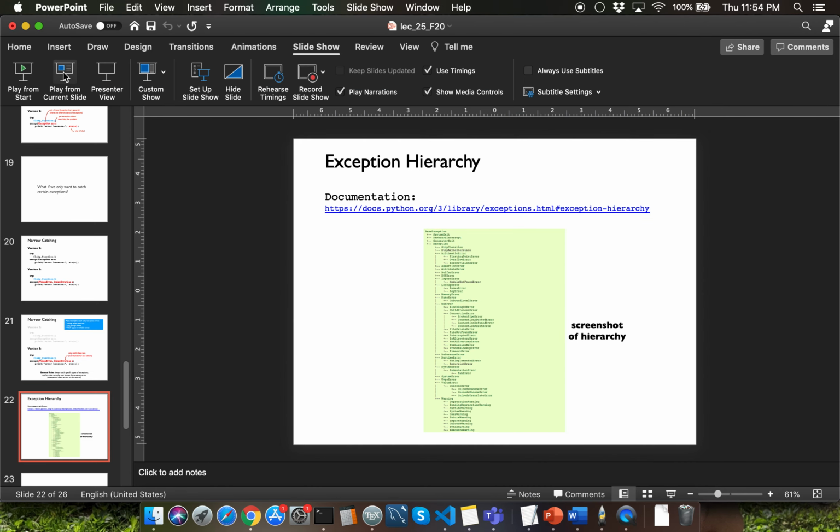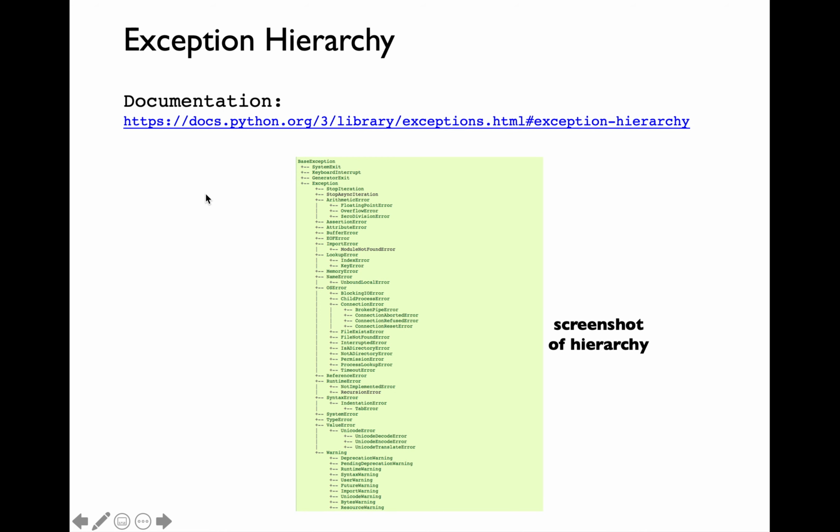It's kind of an intimidating hierarchy to go through. It's not required that you know all of this by heart. Clearly, no one can sit and memorize this whole big hierarchy over here. Just get a general sense that there is this hierarchy and that exceptions have a specific ordering of parent and